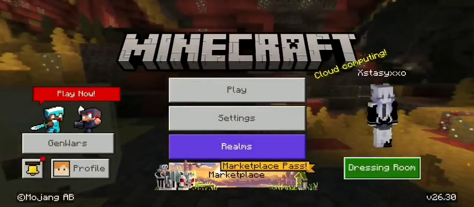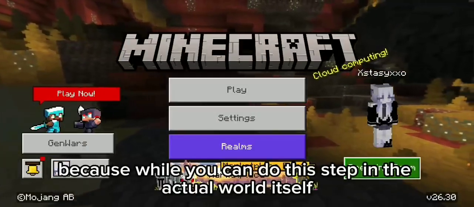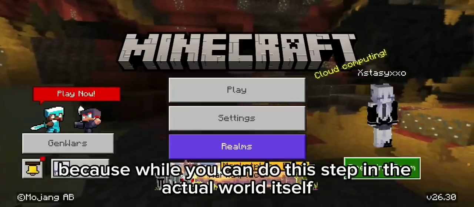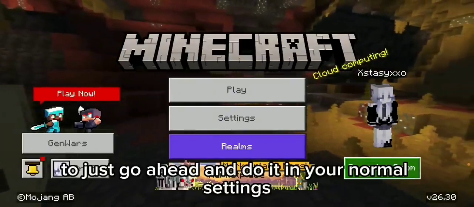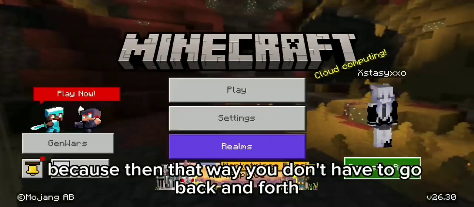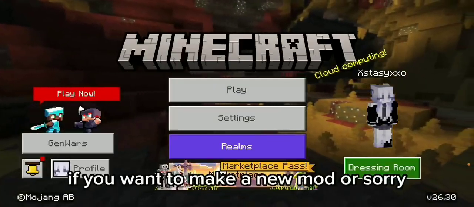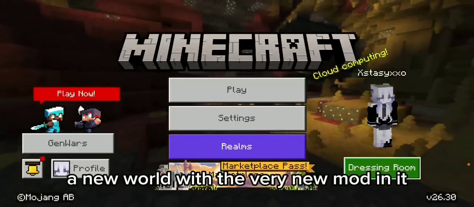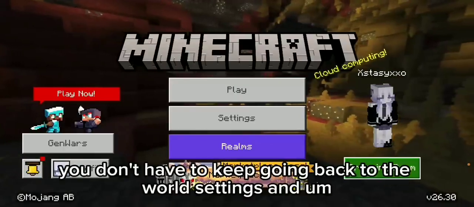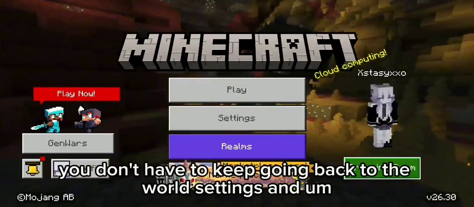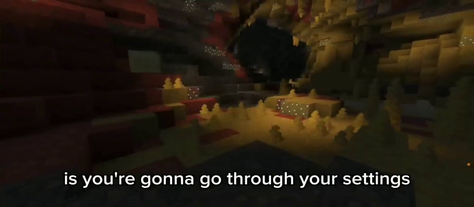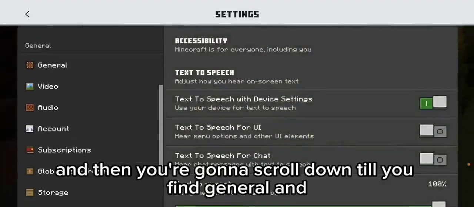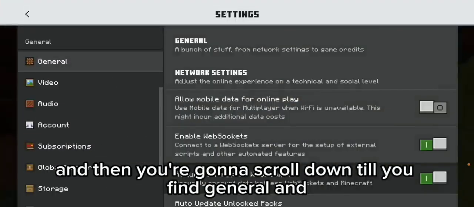The first thing you're going to do, because while you can do this step in the actual world itself, it's a lot easier to just go ahead and do it in your normal settings, because then you don't have to go back and forth if you want to make a new world with the Verity mod in it. You don't have to keep going back to the world settings and editing it. So what you're going to do is go through your settings, and then scroll down till you find general, and